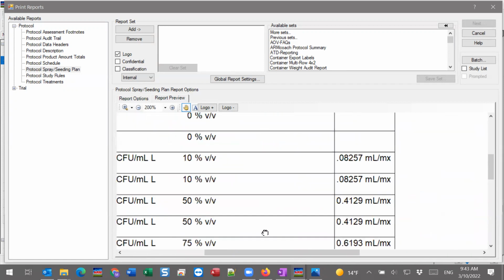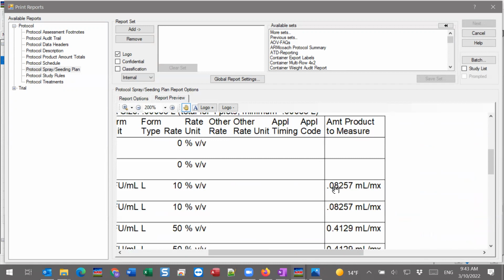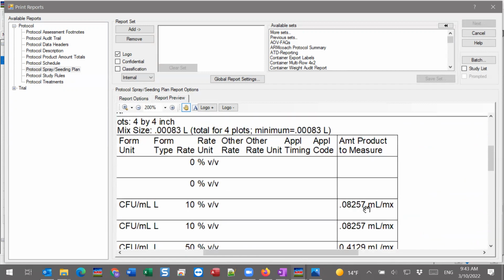And as we go over the amount of product to measure now, we have the number of mils, the amount of liquid that we'll need from that 100,000 CFUs jug that we have. We'll need to measure out, in this case, 0.08 mils and put that into our mix size of, well,